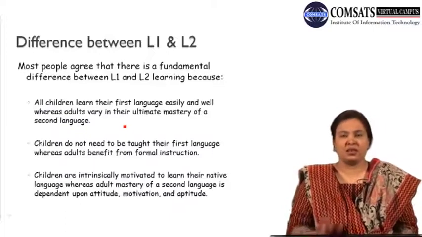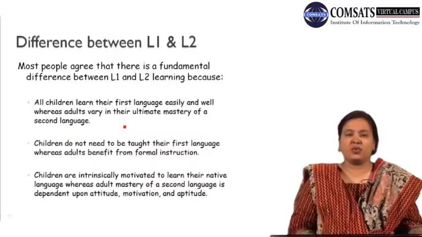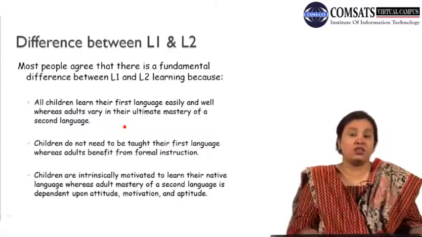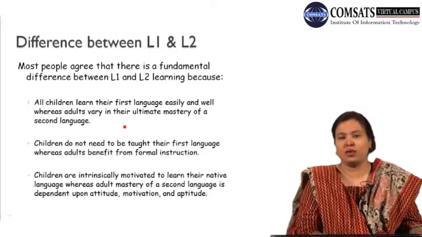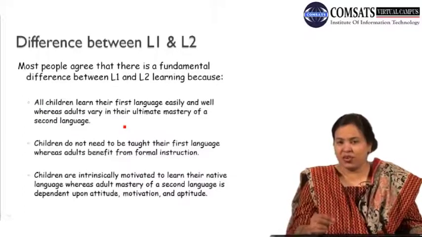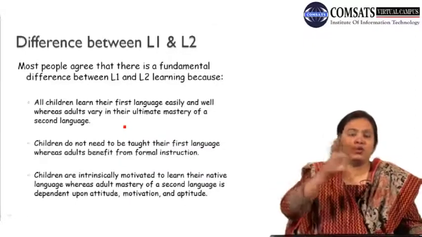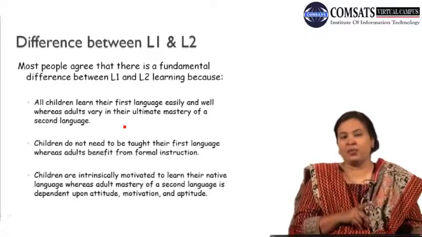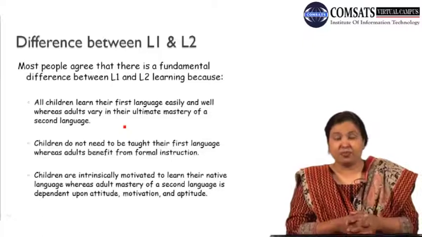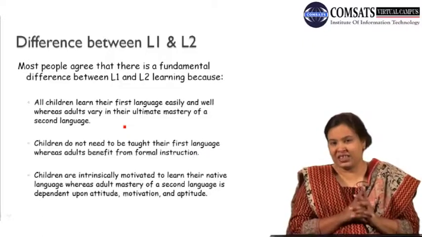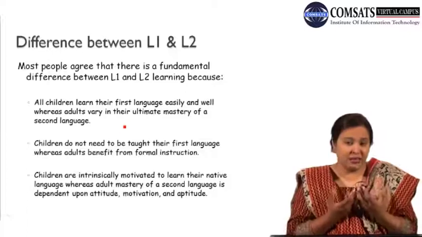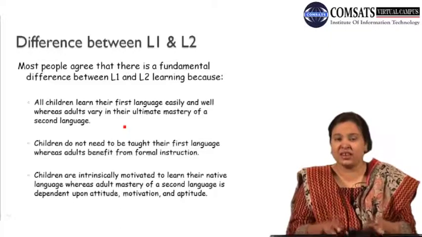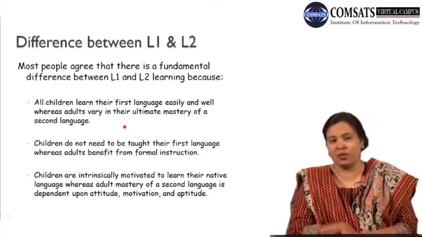I mean, the first language learners, children, are very much satisfied. There is no need to motivate them. Still, they would learn the language. They would get mastery of the language whether their parents are motivating them or not. But on the other hand, the second language learners' mastery depends upon the level of motivation they get, the level of aptitude they have for this second language, and at the same time, their attitude towards that language learning. So these factors influence their mastery of language.